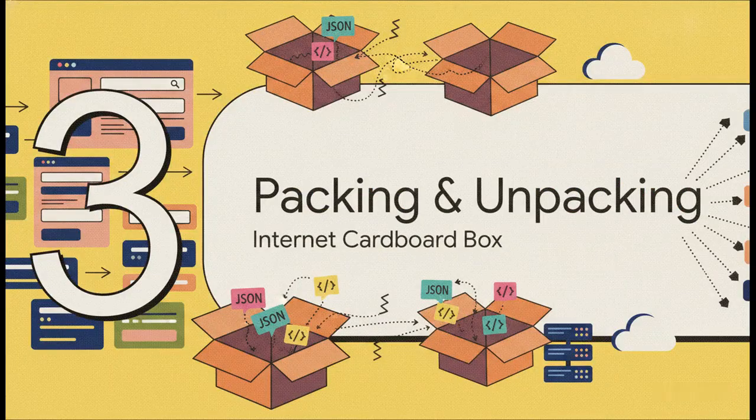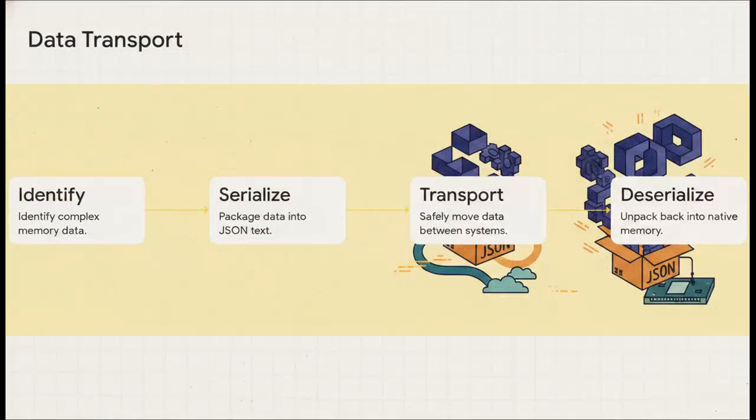Moving on to Section 3, packing and unpacking data, the cardboard box of the internet. Okay, so we know how the data is structured now, but how does it actually travel across the internet? Well, engineers call this process serialization and deserialization, which sounds incredibly complicated. But it's really just packing your complex data into a plain text cardboard box for shipping, and then unpacking it